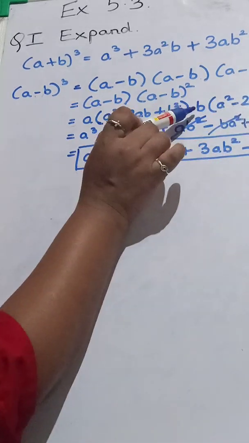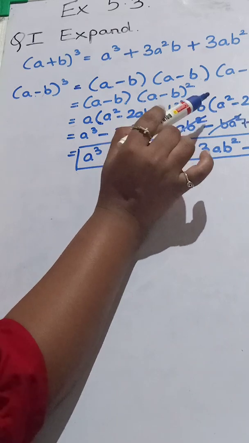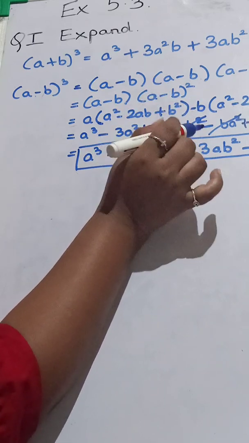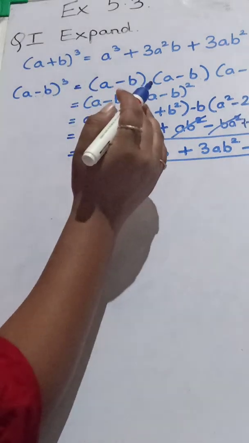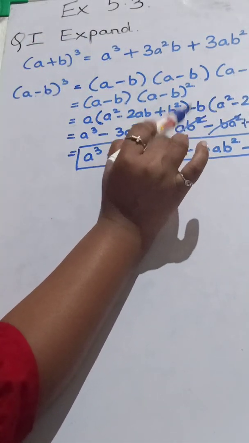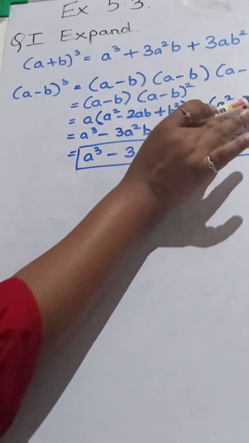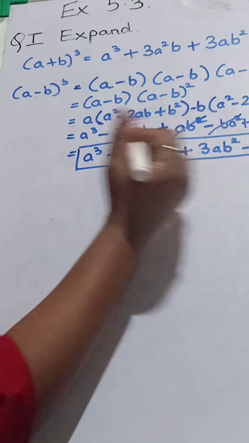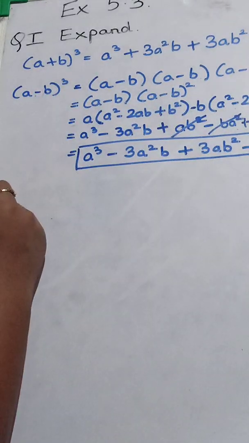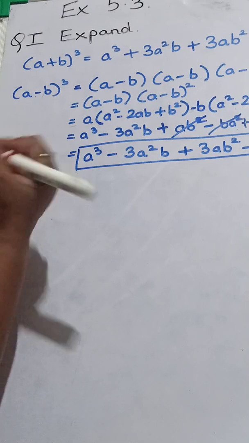Okay, so b into a will give us directly minus, because minus plus, as I told you last time, in multiplication we go according to the rule that is there. So here minus plus will give us minus, minus minus will give us plus, and minus plus will give us minus. Okay, so this is the formula that we are going to use in this exercise. So let's begin with the first sum.